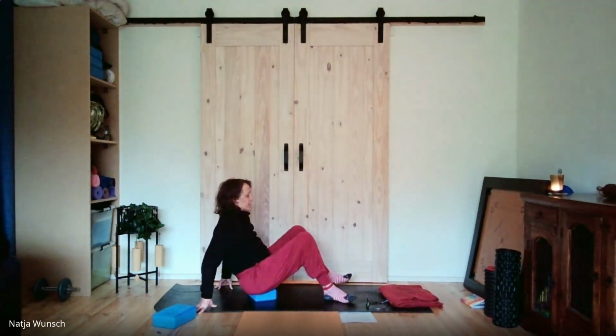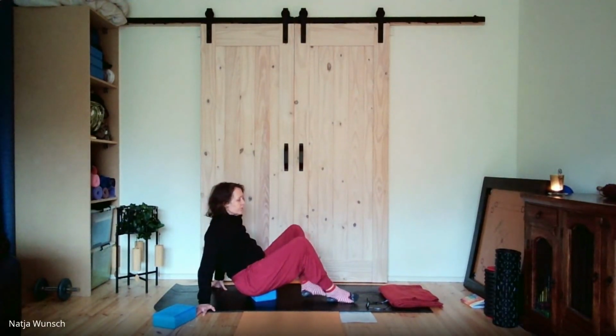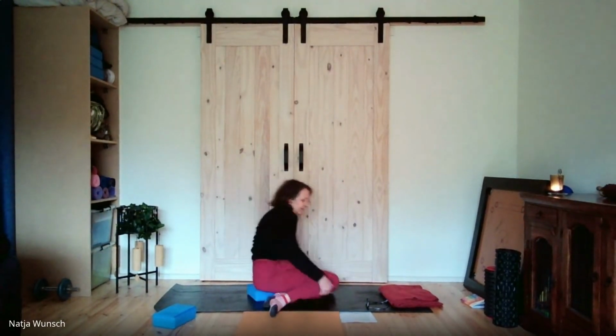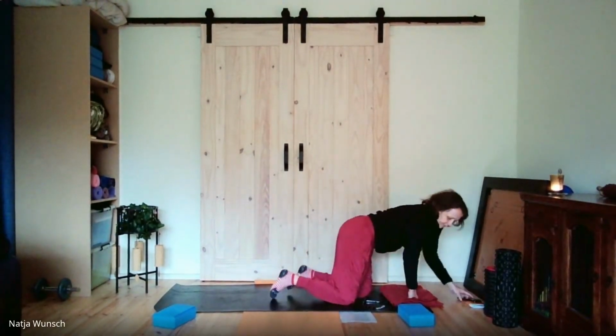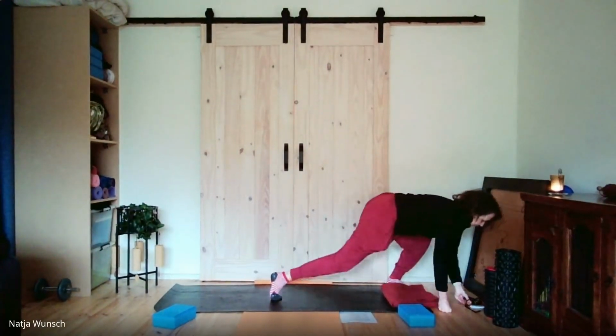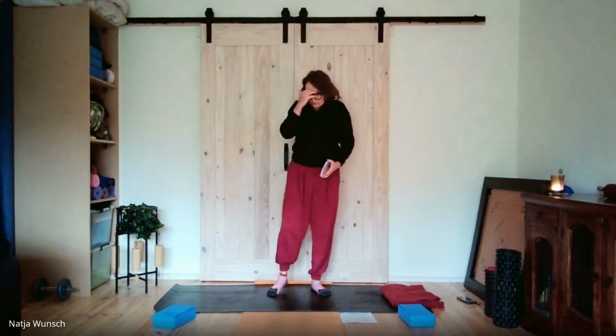Releasing your left foot down, leaning again into the hands, lazy position, and letting your knees just gently sway from side to side. You can then choose to simply stand up from here in a squat, or take your legs out to the side and then come up into a standing position. As we come to stand here on the mat, walking towards a short front edge of the mat,